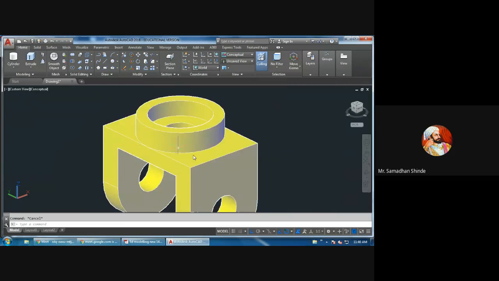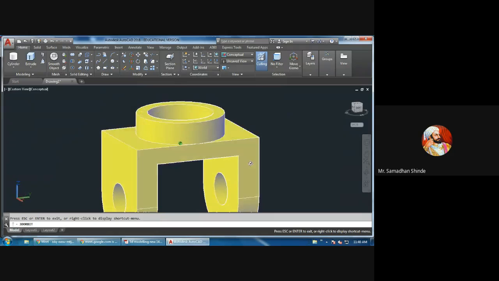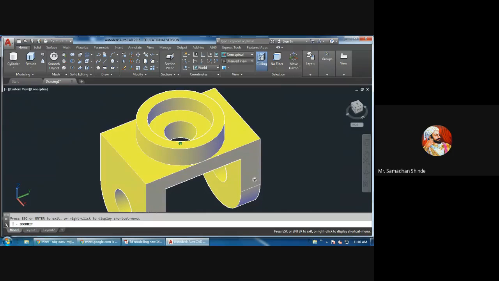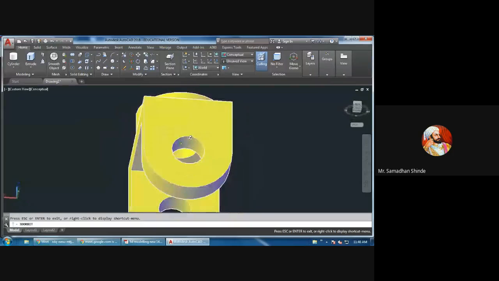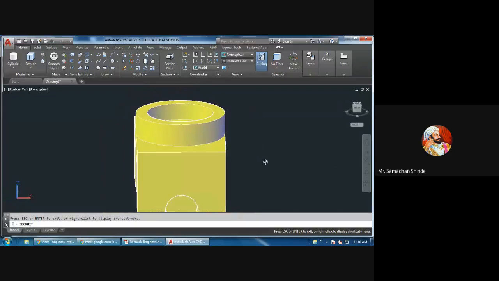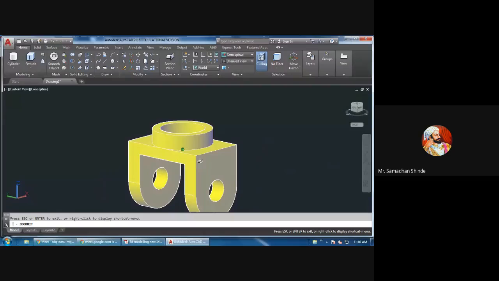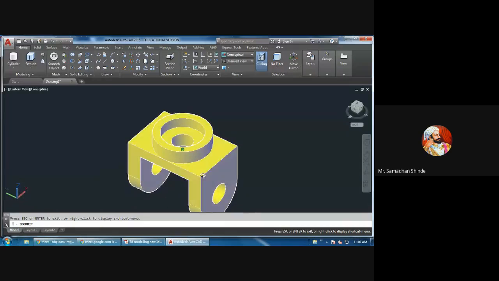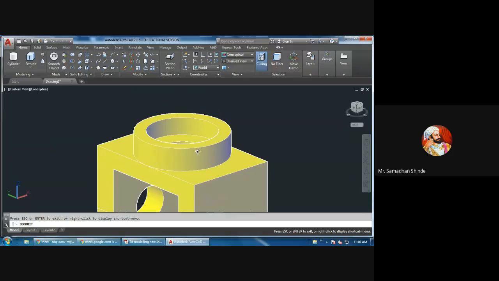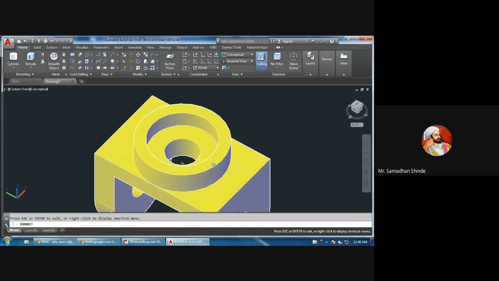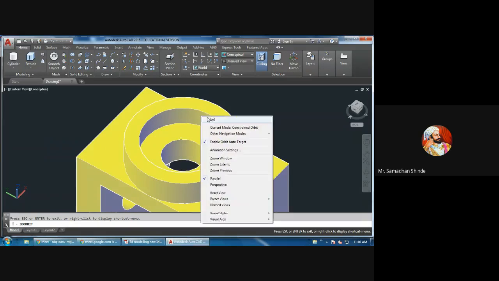So is it necessary to go for union? Is there any surface? Just check. Is it necessary, or is anything remaining from this object? Just see. So here a step is there. This depth is 15 and this total is 20. This total is 20, that you have to remember. This hole is of